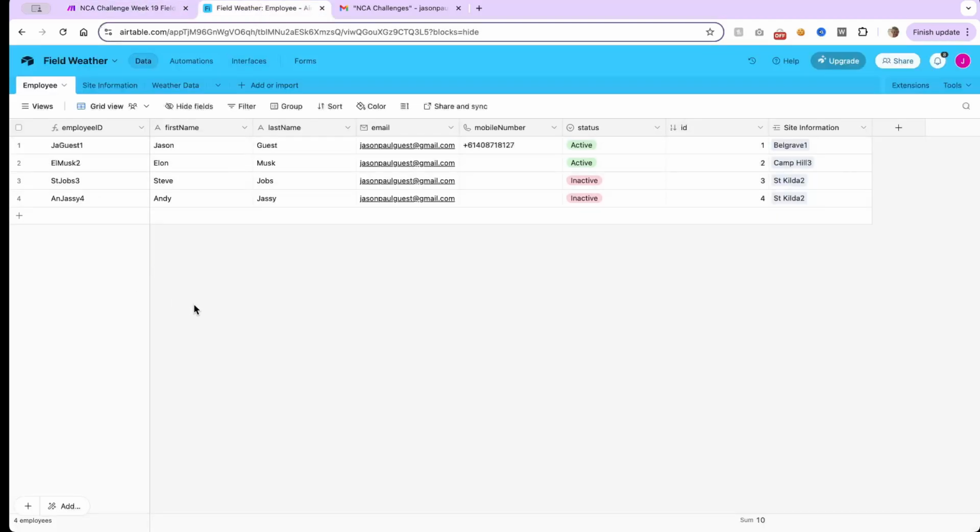So I've got three tables: the employee, site information, and weather data. Employee is just capturing the first name, last name, email, if they want to receive reports on their mobile, and whether they're active or inactive. And then I've just got an ID with the auto number field, and then it's a link to the site